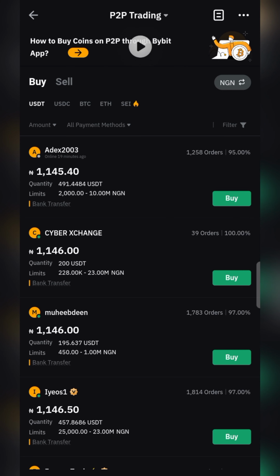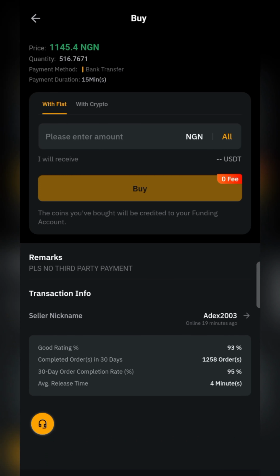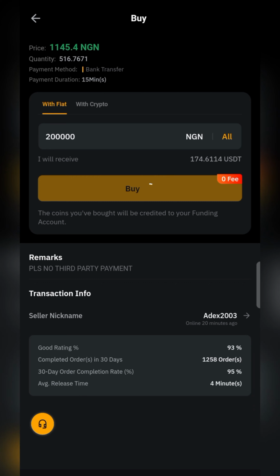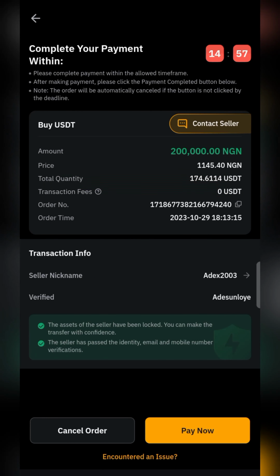So after you have done that, just hit on this. Now type the amount that you want. So after you have done this, you'll be receiving 174.611 USDT for a sum of 200,000 naira. So after you have done that, you have input the amount of USDT that you want to buy. So you just click on buy, and after you have done that, if you notice, this is a 15-minute payment delivery